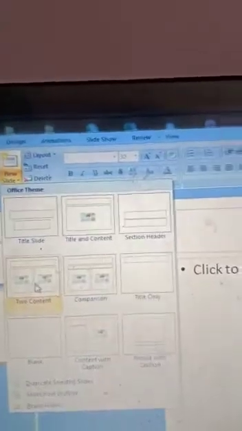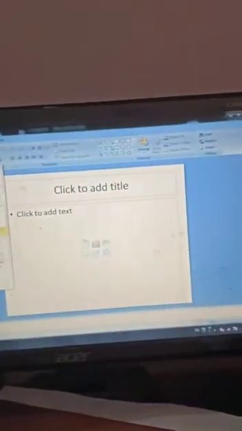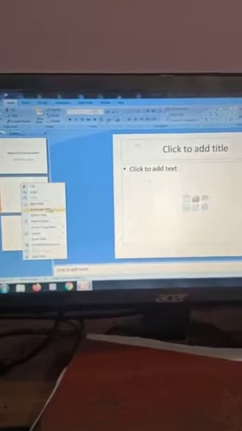And changing the slide layout: here I have selected the single content, Title and Content. But if I want to change it to this type, then click, and it will be changed easily. If you want to change this also, then you have to click on that and change it, or delete the slide and add new slides. How can you change it?